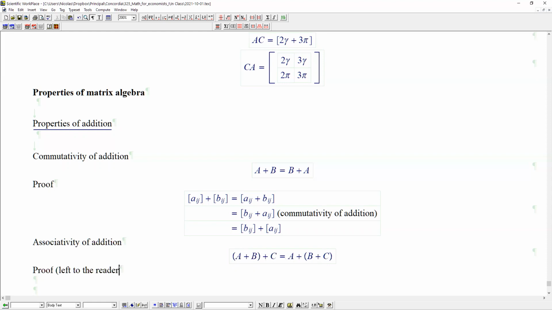So that's what you write when you're not too sure. So do the same thing, and then you can see that it's possible to use associativity of addition of scalars to prove the associativity of addition of matrices. Now,